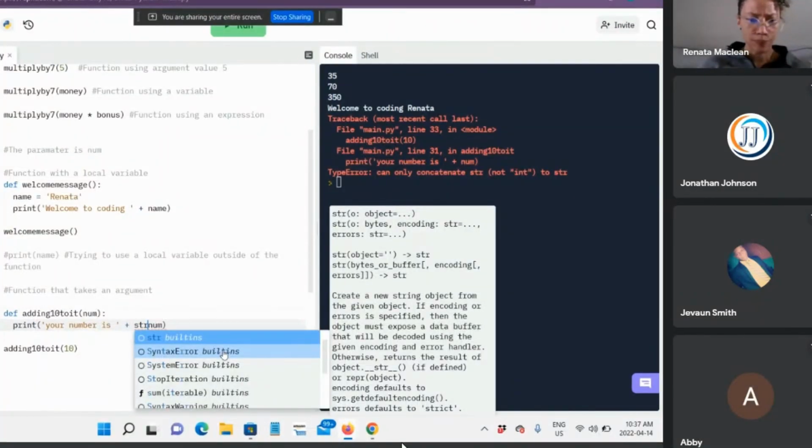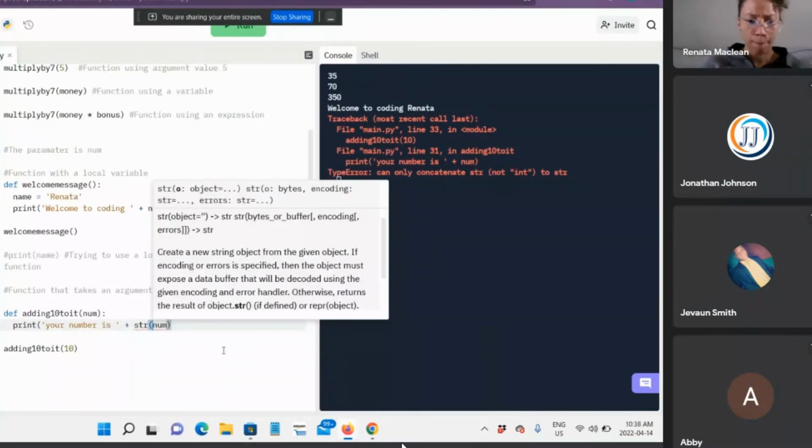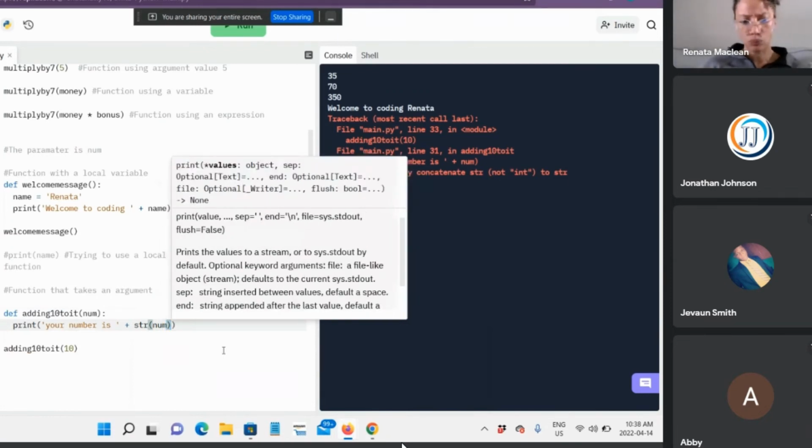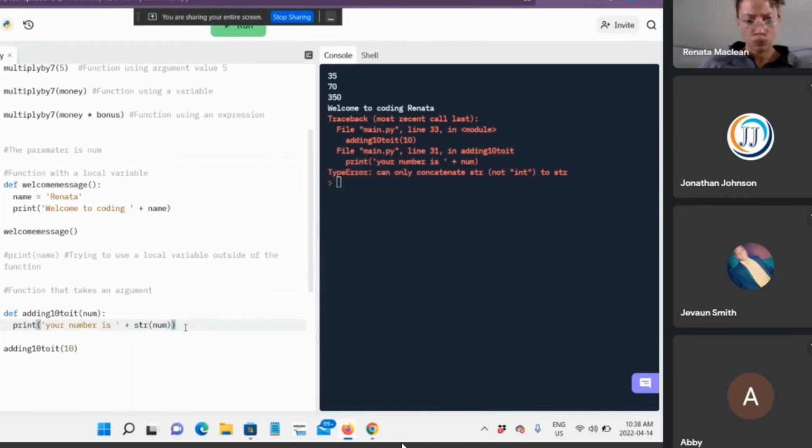and open bracket. Alright, now go to the end of num and put an additional closing bracket because this is actually a special function that you're wrapping num with, okay? There's one bracket for the print function and one bracket for the num, right? So put another close bracket, perfect. So what that does is that it changes it to a string before it adds it, okay?